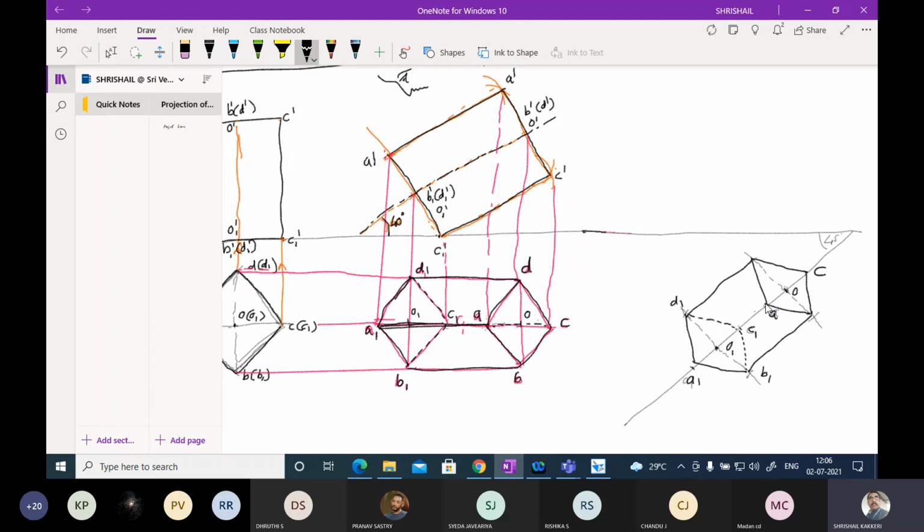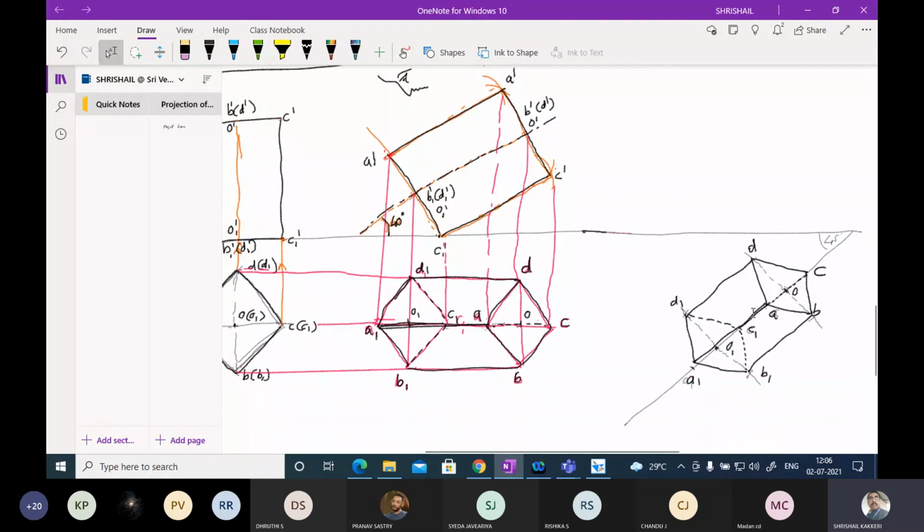And after this, from A to A1, it will be a thick line, and from C to C1, it will be a dotted line. The dotted line is behind this, so only a part of the dotted line I am able to visualize. And you can write here also D, and this is point P. So A, B, C, D I have written, A1, B1, C1, D1 I have written, all these I have joined. Now I am ready to draw the next view.